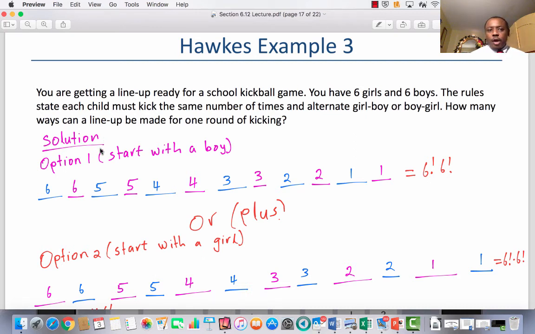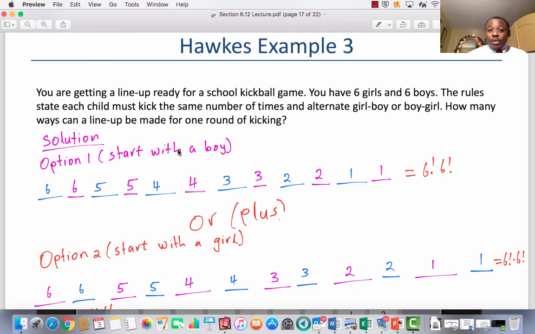Solution. Option 1. Let's say we start with the boy. How many ways are there to select the first boy? 6. I alternate. The first girl, 6. The next boy, 5 ways. The next girl, 5. And I keep alternating until every child kicks once. And this completes the first lineup. But